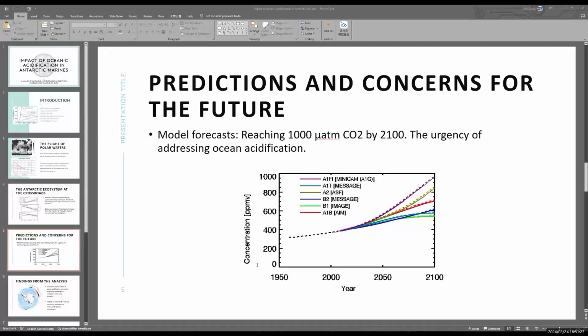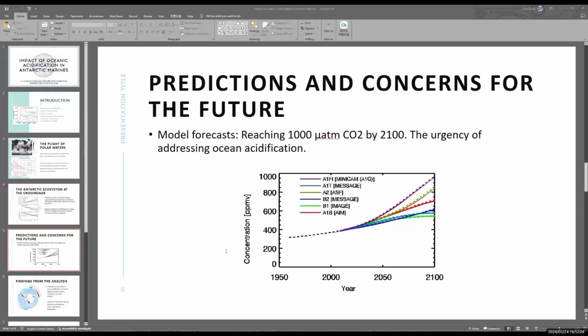In 2016. As we examine the Antarctic waters, we find a stark warning in the chemistry of the sea. The IPCC's RCP 8.5 scenario, which is a pathway of continued high emissions, predicts that the surface water carbon dioxide levels will surge beyond 1,000 μatm by 2100, and this is not just a number. It is a threshold that could alter the very foundation of marine life as we know it. The predictions stretch out before us, a roadmap to the future we must avoid.